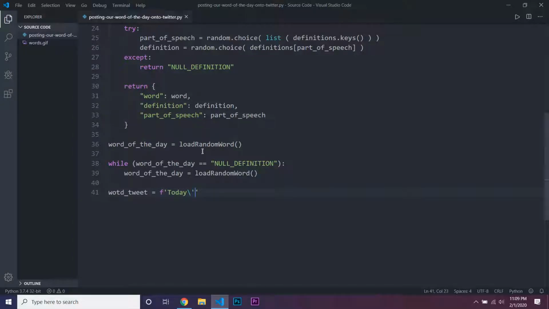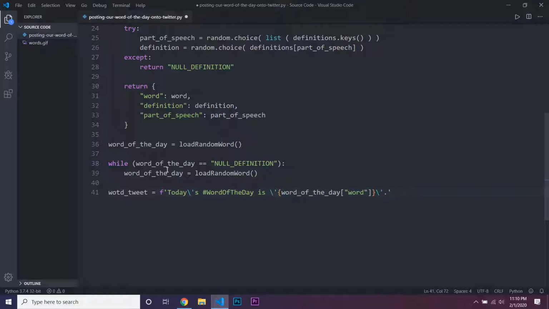So then we can do today's hashtag word of the day, so then it appears in that hashtag category, is, and then we're also going to have another escaped single apostrophe, and then we're going to have word_of_the_day, and then we're going to pull out that word key, and then we're going to have another escaped single apostrophe,